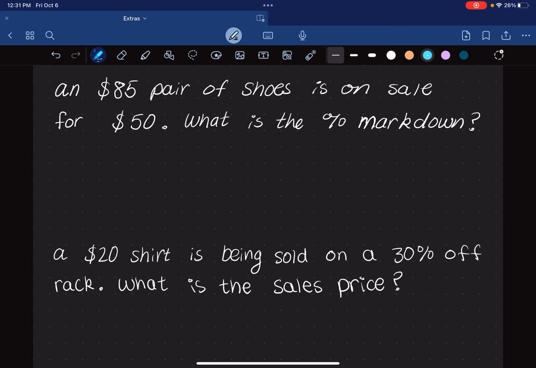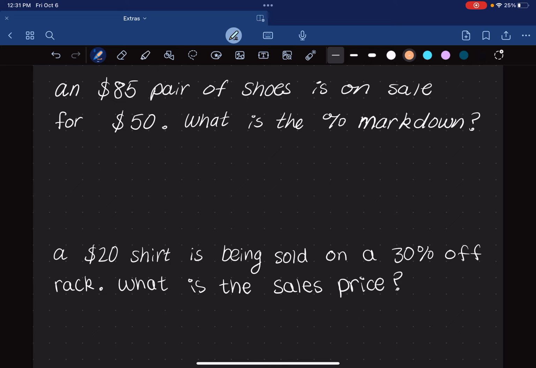Okay, so we have an $85 pair of shoes. They're on sale for $50 and we're trying to figure out the percent markdown. Usually we have the original price and the percent markdown and we're trying to figure out the sales price. But we're given the sales price for this one. But I'm going to go ahead and set up the same equation that I would if I knew the percent